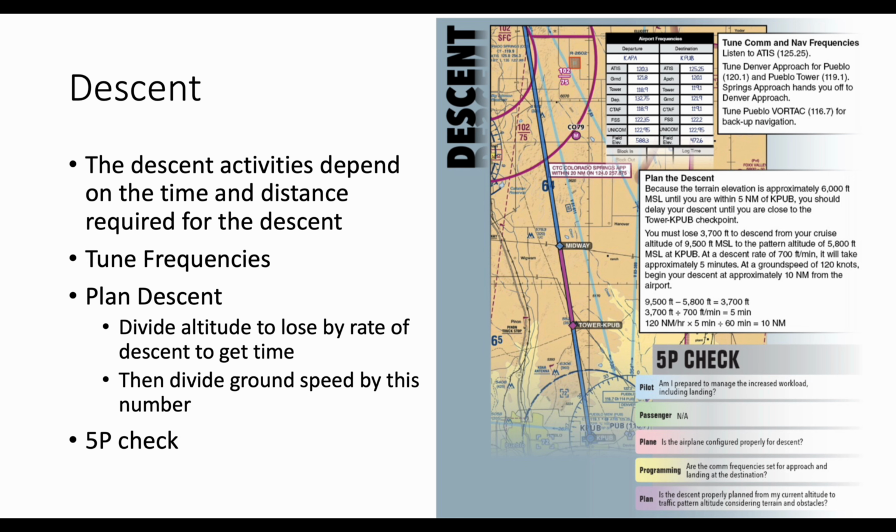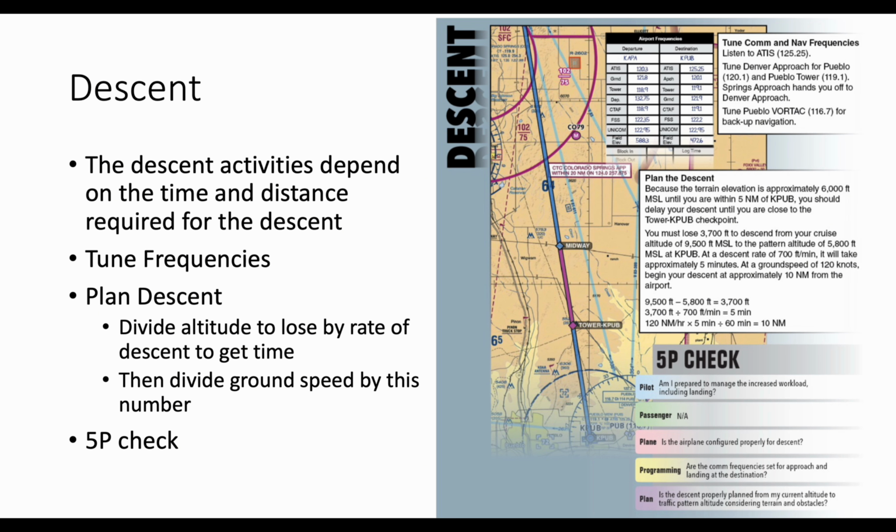When it comes to planning your descent, there's a few things to consider. Tuning frequencies. So as you're approaching your airport, you want to have frequencies at your destination ready to go. And then planning your descent, the easiest method to do this is to take the amount of altitude you need to lose to go from your cruise altitude down to the traffic pattern altitude. Divide that by the rate of descent. So if you want to lose 500 feet per minute and need to lose 3,000 feet, you would do 3,000